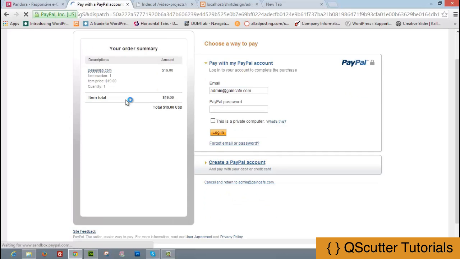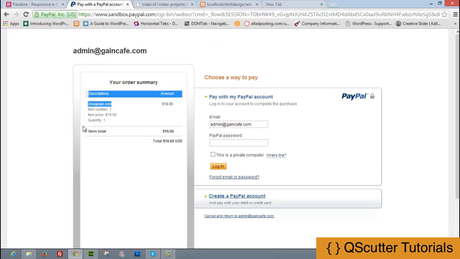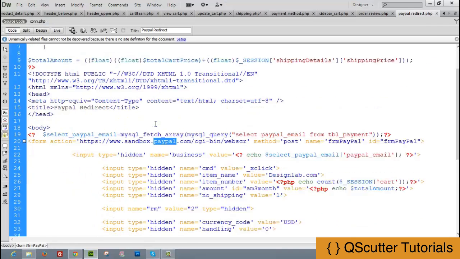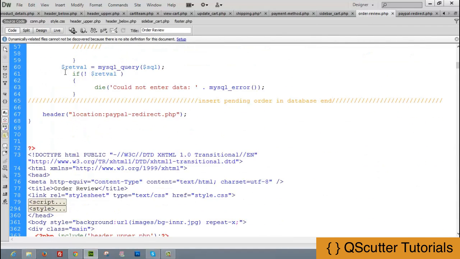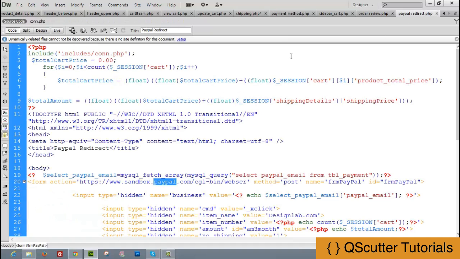Now it is just coming like this. Pay with your PayPal ID, and just like that. So you have to check here. Inside order-review.php, after inserting the data into the database, we had called the user to redirect with Location equal to paypal-redirect.php. So now we are checking inside the file paypal-redirect.php, and first of all we had made a connection with